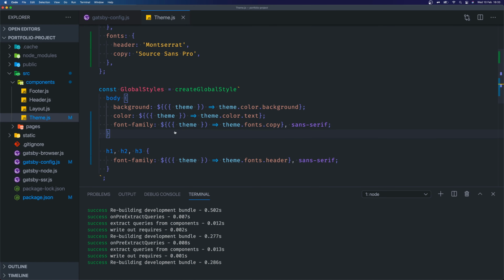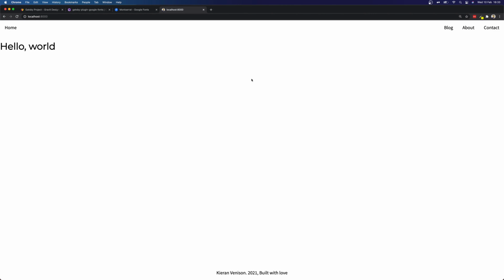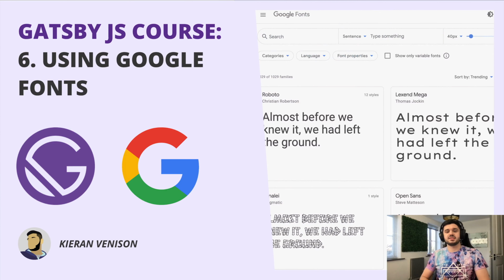If we switch back to our application, perfect, all is in order. So the home, blog, about, contact and the footer are all using Source Sans Pro, and then the H1 is using the Montserrat font. Now we have the basics of our typography implemented,